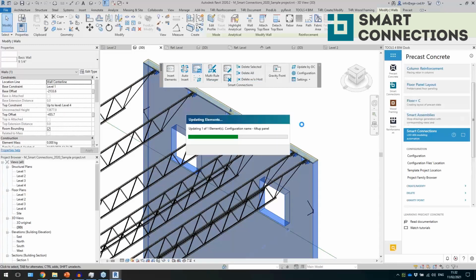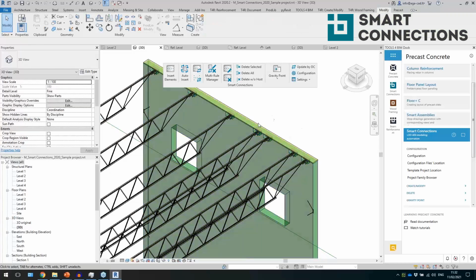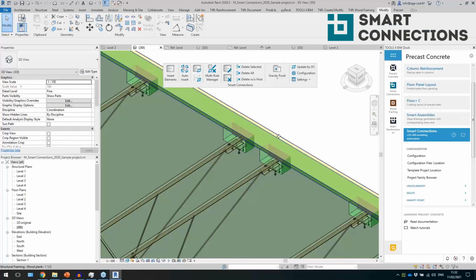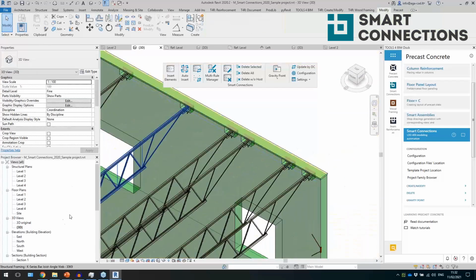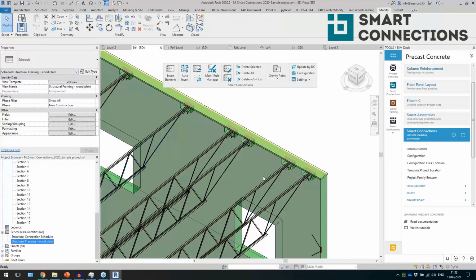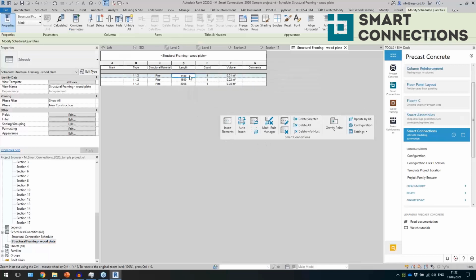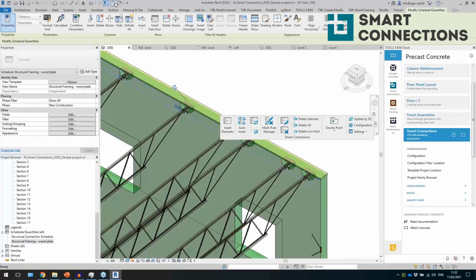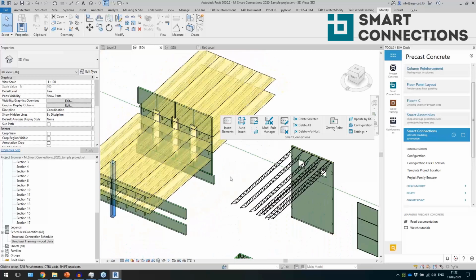Update of my elements. So it's just going to create this one additional, because now I have an additional joist here, and I have a line-based element on the top, for example. So now I can have quantities of this element, right? Because this is a line-based element. I made this as a structural connection category, so I have created a schedule, and I can have a number of these elements in my project, right? I see the lengths, I see the volume, and so on. So that's why maybe it's sometimes better than using just simple